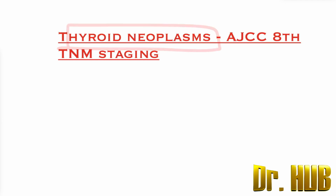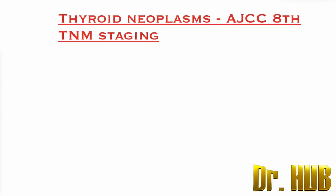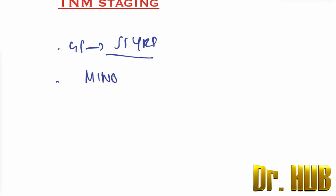Thyroid neoplasm, we're looking at the AJCC 8th TNM staging. So there is differentiated thyroid cancer. The age cutoff used at diagnosis is increased from 45 to 55 years of age. And then the minor extrathyroid extension is detected only on the minor